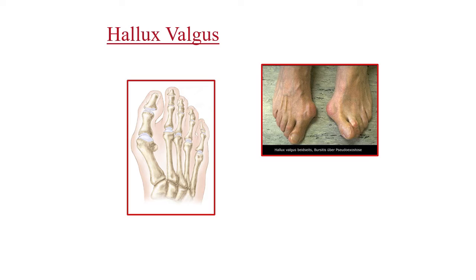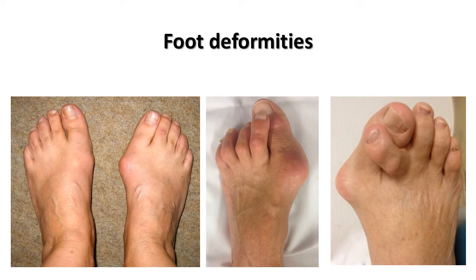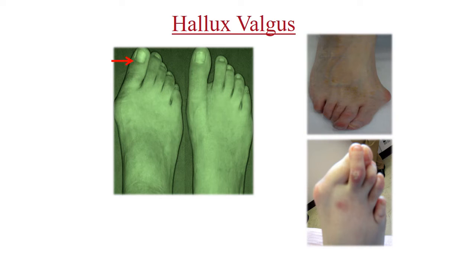Hallux valgus means lateral deviation of the big toe, leading to more prominence of the head of the metatarsal. This is an extreme degree of hallux valgus, and these are different pictures of cases of hallux valgus, and by the end we see a severe degree of hallux valgus. What happens here is the big toe is deviated laterally, leading to prominence of